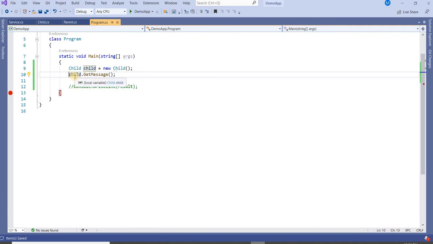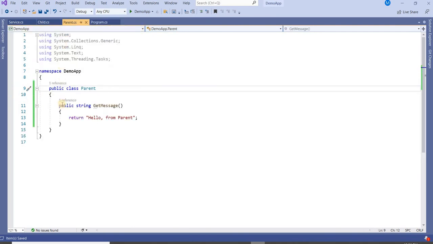Now another thing is overriding, but before that I just want to make clear that inheritance is not a small concept, it's a very big concept. I'm just using one thing here, that is, the child can use the properties of its parent class. But if I use something like this,